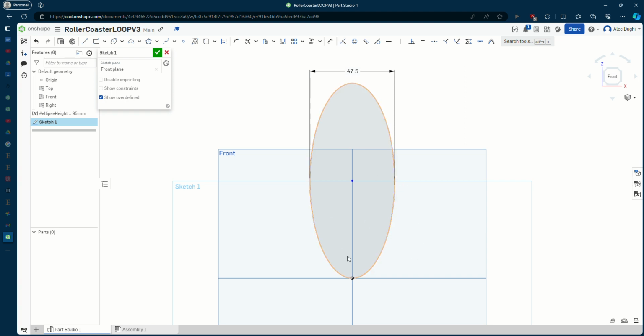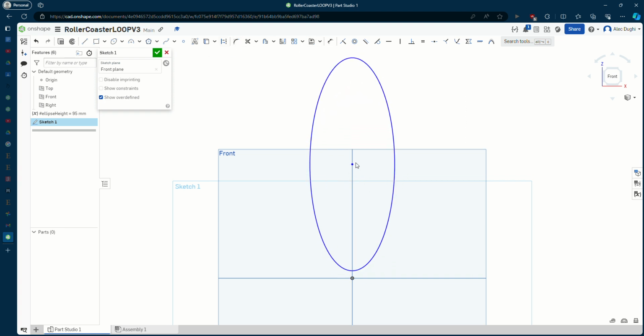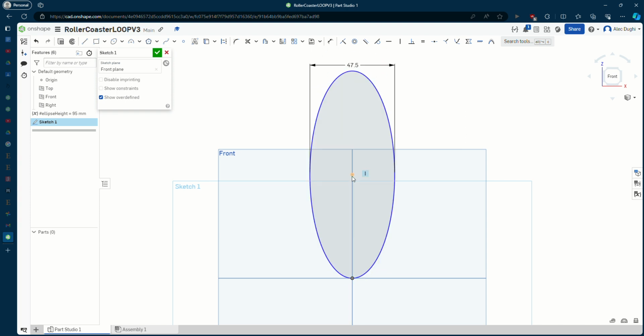And so that's what's dictating this height right here, right? Because that's a fixed point, that's a fixed point. That's the height of the ellipse. That's half the height of the ellipse. And for some reason, you know, these aren't perfect things, right? So let's say this height is not based on like